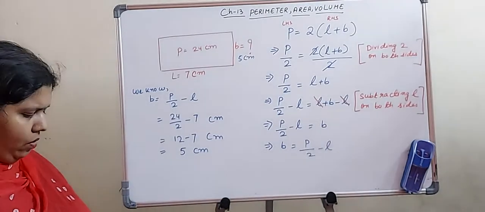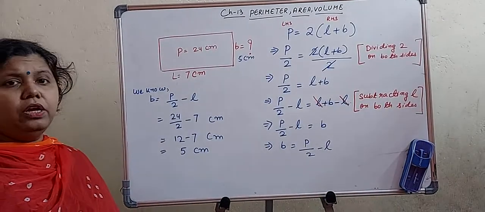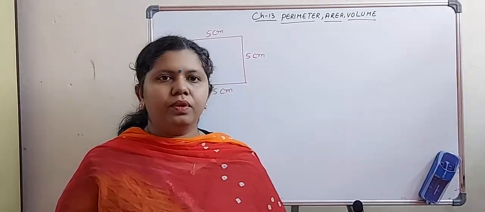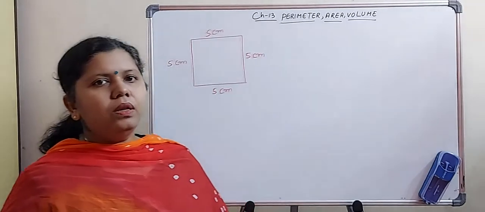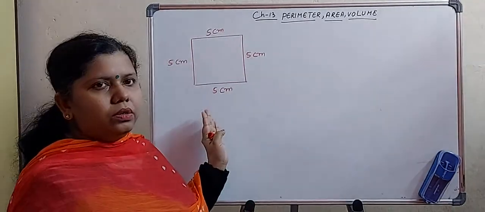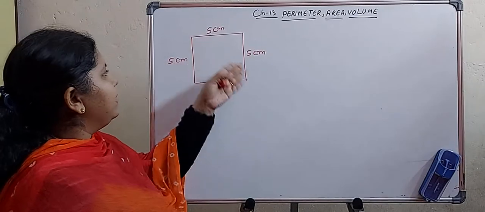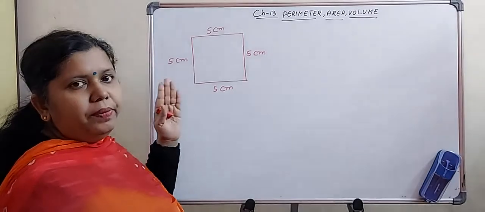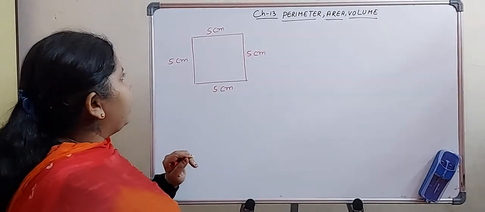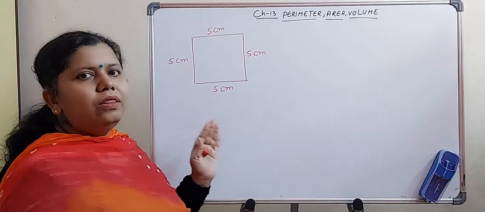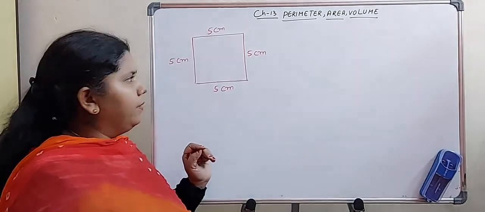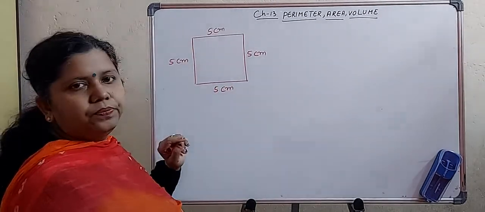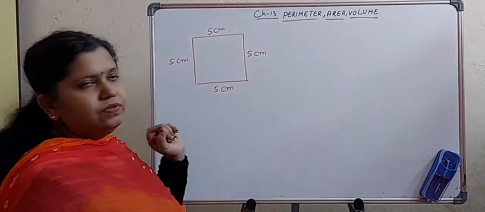Okay. Now we will take out the perimeter of other figures, like we have square, we have triangle. Okay, let us now take an example of a square here. The square is having the side of 5 centimeter each. So how to take out the perimeter of the square? As we know, perimeter means length of the boundary of the figure. And the square has got 4 equal sides. And each side length is 5 centimeter.